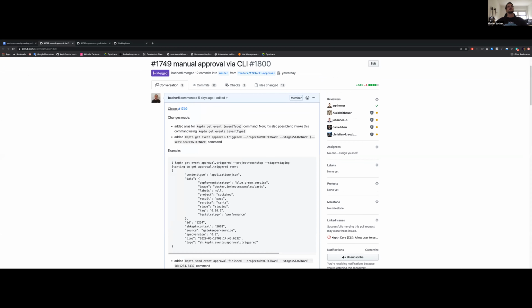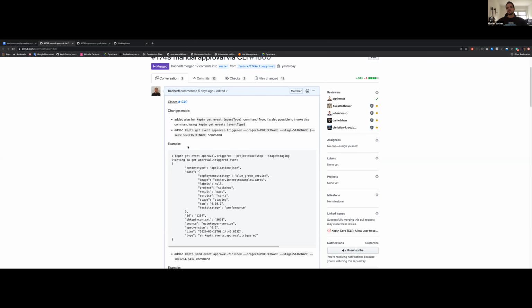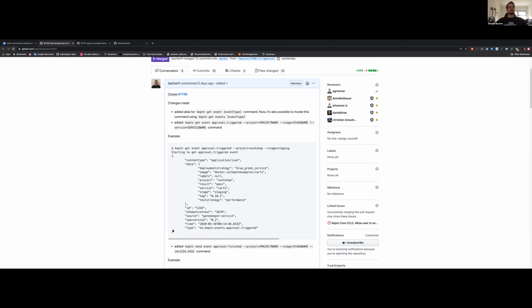So the first PR is for approving open approvals via the CLI, and this works as follows. What I've done in this pull request is add the Keptn get event approval.triggered command, which does exactly what the name tells you. If you remember, we now have those approval triggered events, which, as the name suggests, trigger the manual approval process. If you type in Keptn get event approval.triggered for the project workshop and stage staging, you will get a happy little approval.triggered event